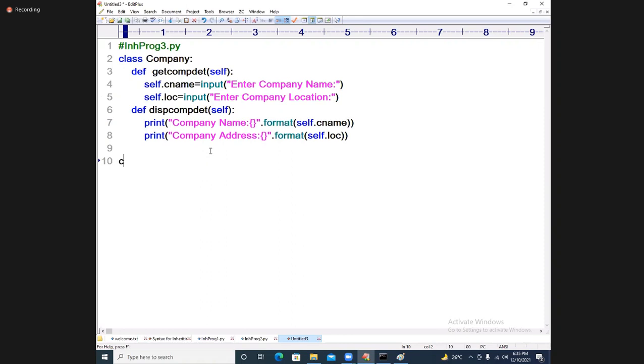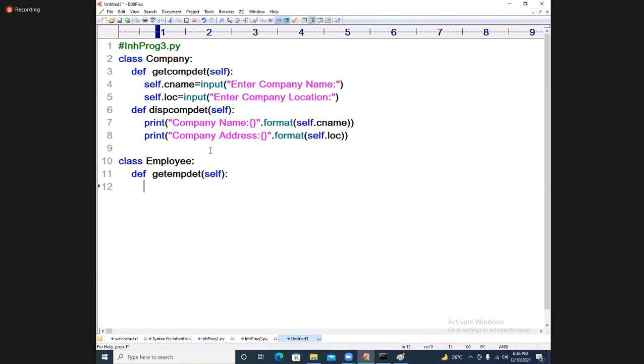At this point, I will take a class employee. In the employee also, I will take my own methods: def get_emp_details of self.